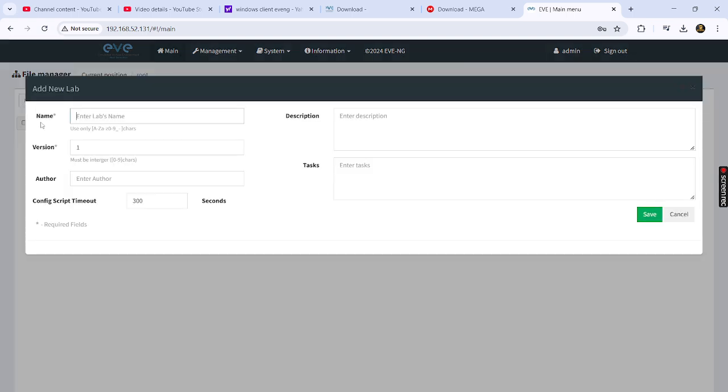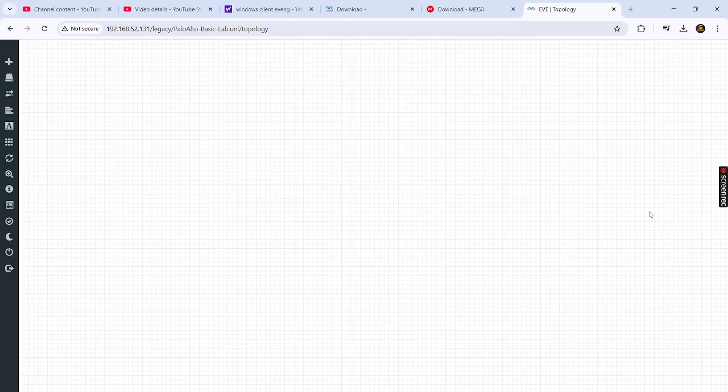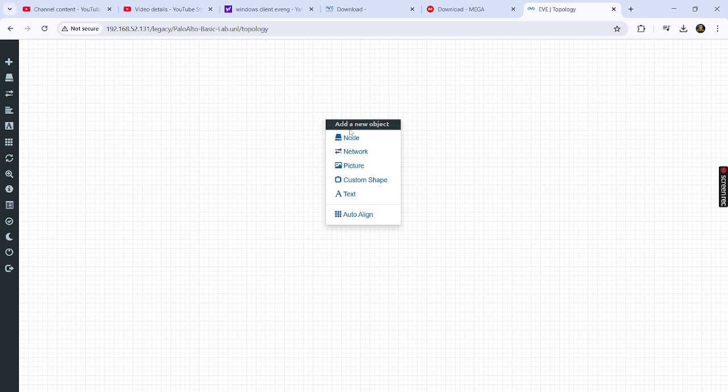Click on add new lab, give the name. I am going with Palo Alto basic lab. If you want, you can give any name. Okay, click on save. The topology page will come here, and we can add nodes and networks. Okay, if you right click, you will get nodes here.